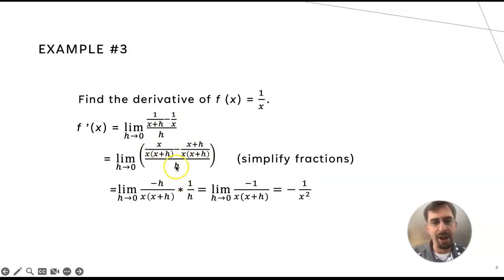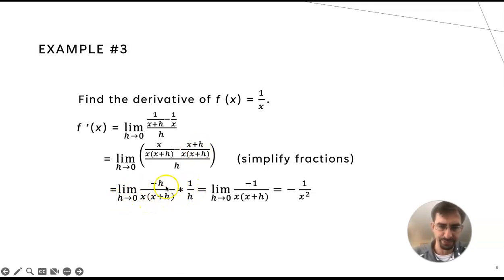One thing to keep in mind is that if we're dividing everything by h, that's the same as multiplying by 1 over h. And then beyond that, I can simplify my numerator up here by saying I've got x minus (x plus h), which is negative h if I distribute my negative. So altogether, I have limit as h goes to 0 of negative h over x times (x plus h) times